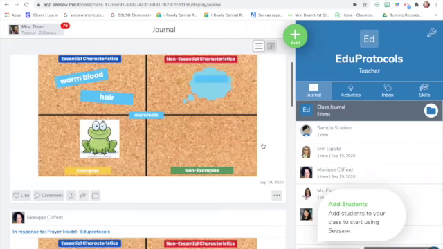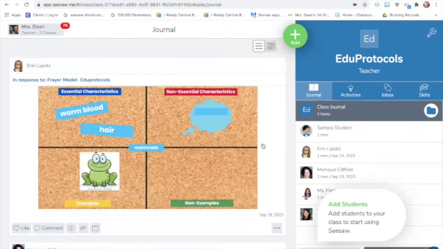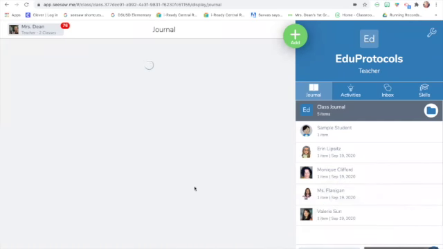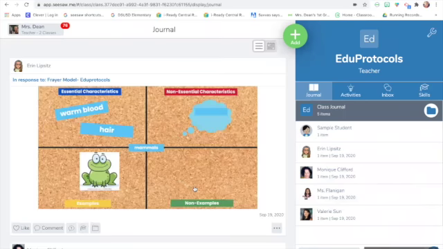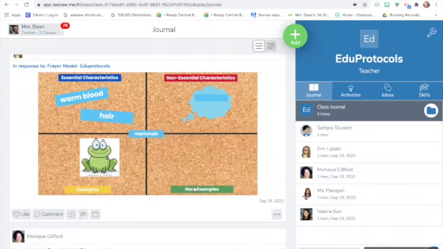Jen, I have a question about Seesaw. Yeah, this is Monique. I'm in kindergarten. How did you say you are able to share? You said publish? So when I approve the work, now when you go to journal, you can see everybody's work. And the kids can see all of it too? Yeah. So watch, consider right now you're a student, go to journal